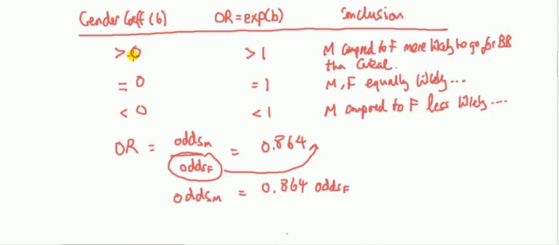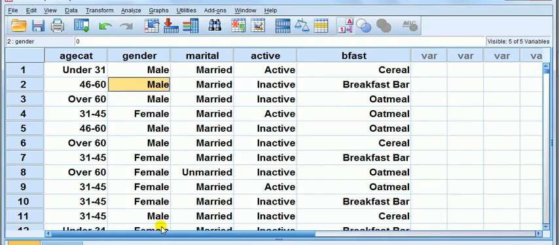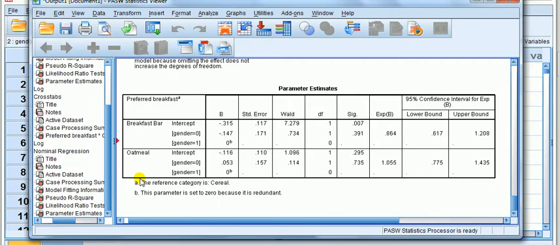Okay, there are going to be two other related things I'm going to do here. First thing, you might ask me, well look, I don't want to compare how likely someone is going to go for the breakfast bar relative to the cereal bar. I want to compare a breakfast bar, so oatmeal. How likely is someone going to go for the breakfast bar compared to the oatmeal? Well,